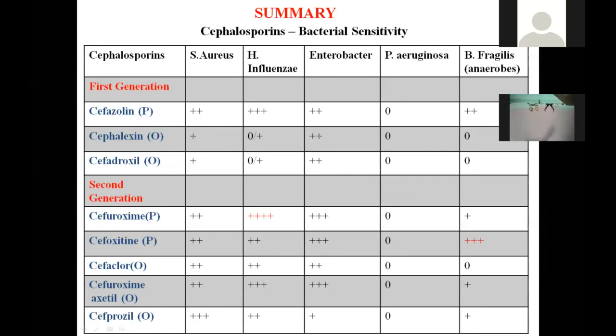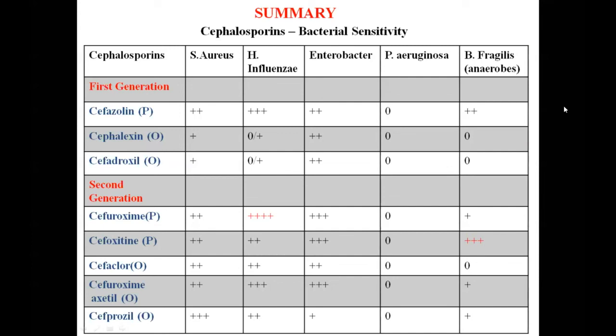This is a unique drug in the sense it is not available in India and it is available in the US. This is effective against anaerobes, you can see. But to complete the list, we must know that it is effective against the anaerobes. For anaerobes, we have very few drugs among the first and second generation. So cefoxitin is very effective against anaerobes and also Bacteroides fragilis. And this cefoxitin is a cefamycin. Structurally it is related to cephalosporins, but it is a cefamycin because it is obtained from actinomycetes. It is effective against anaerobes and it is a second generation parenteral drug. Other than cefoxitin, there was another drug, cefotetan. This is also not available in India.